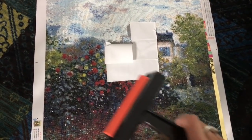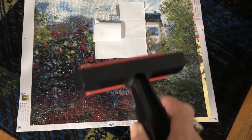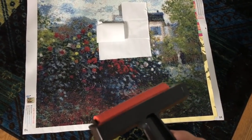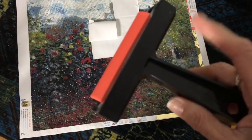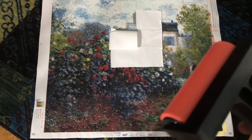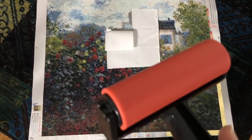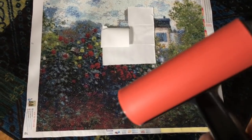And I roll this on the square that I've just finished to make sure all the drills are firmly planted into that adhesive, because otherwise they pop off. So I've used this. This has been very, very good. I think I bought it on Amazon, and it wasn't very much, but I just saw it on a video one time, and it looked like it was going to be very useful to me because